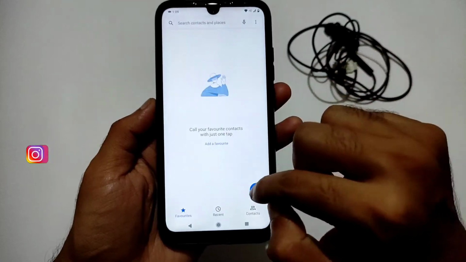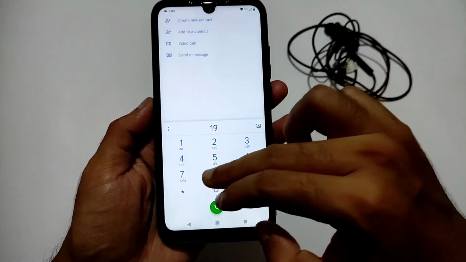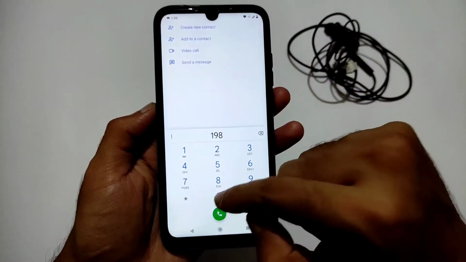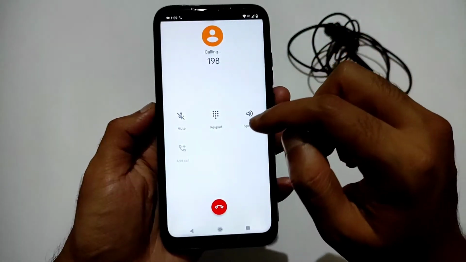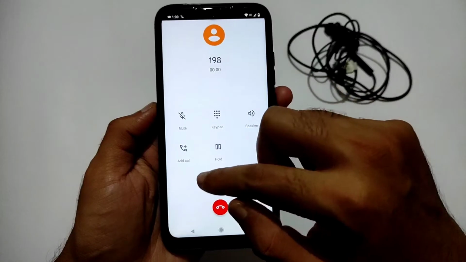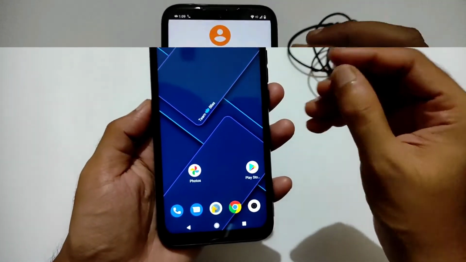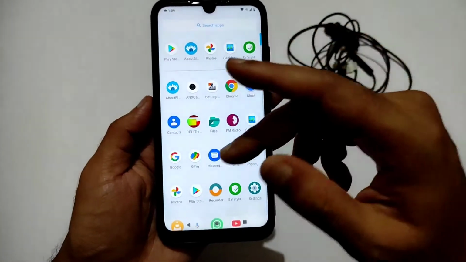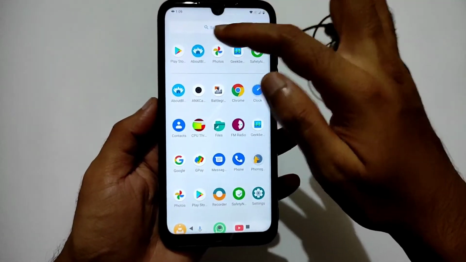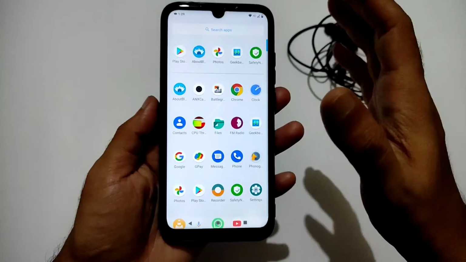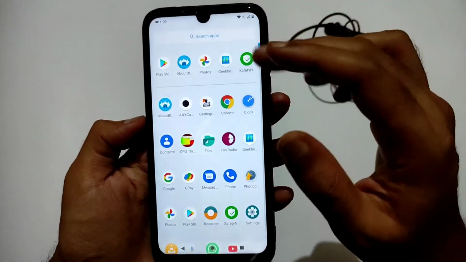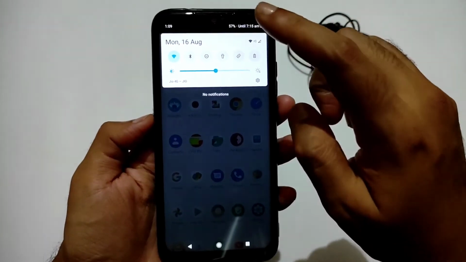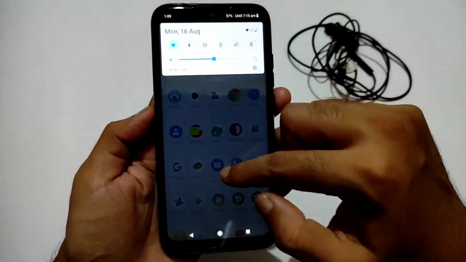And this is the dialer you get. Let me show you, direct video call feature is available in this ROM. And coming to call recording option, it's not available. Do note these things and comment down below if you have any problem in calling or anything like that. I did not face any issues with earpiece or even the signal reception. It is based upon your network, and if you drag like this, then only you will see the battery percentage.